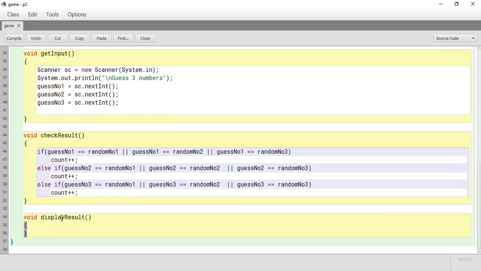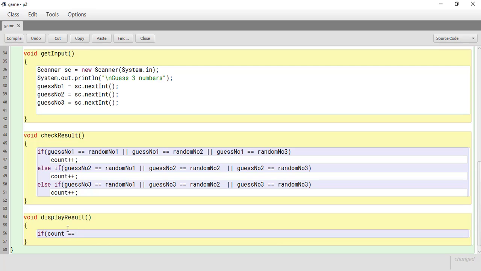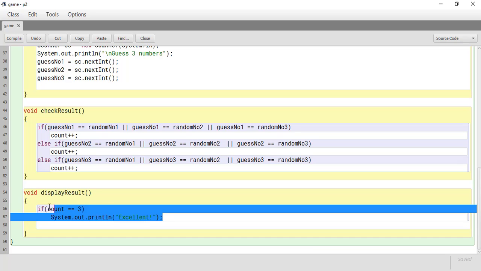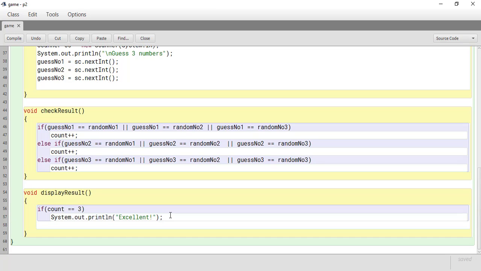And finally we are going to display the result. So let's define our display result function. We are going to check the value of count. If count is equal to 3, I'll display a message here, System.out.println "excellent", else